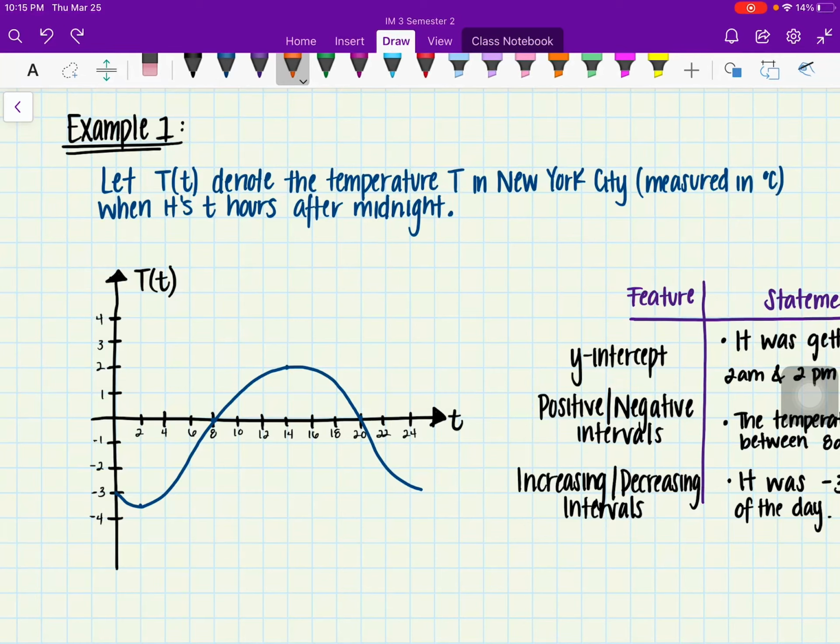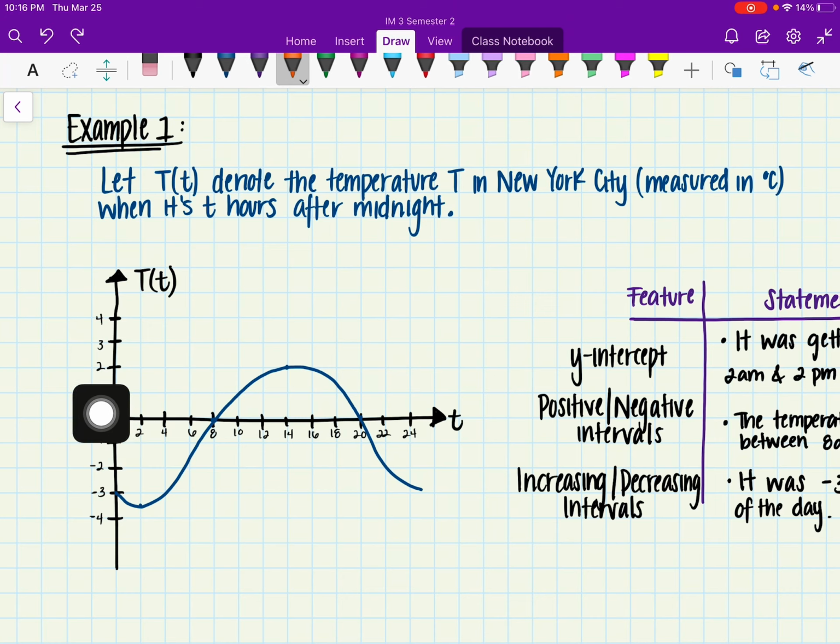All right, you guys, let's go ahead and take a look at this example here. In this case, it's telling us that T(t) denotes the temperature in New York City measured in Celsius when it's t hours after midnight. So T(t) is representing the temperature of New York, so our y-axis represents the temperature of New York, and t represents the hours after midnight,